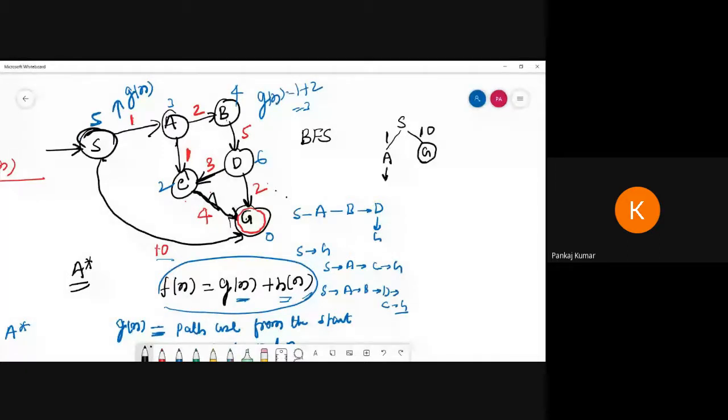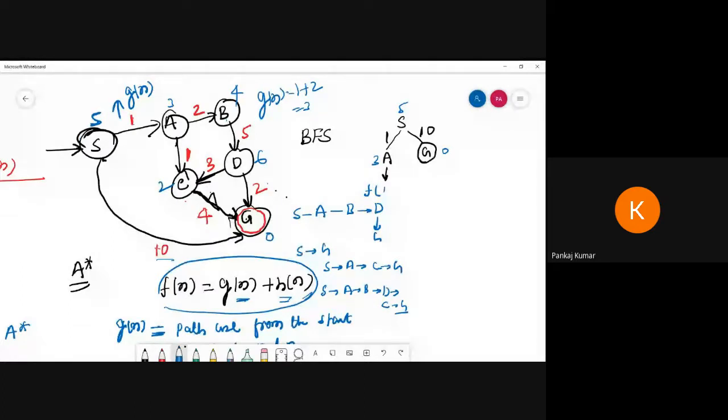And the estimated cost of A is 3. That means 3. And here the estimated cost is 0. Okay. And here the estimated cost is given as, suppose for B, not 0, 5 is given. Okay. Now see, I am going to calculate f of n. Which node am I going to explore, that I will visit. So I am going to visit A. So I am calculating the function of A, so I am writing f of A.